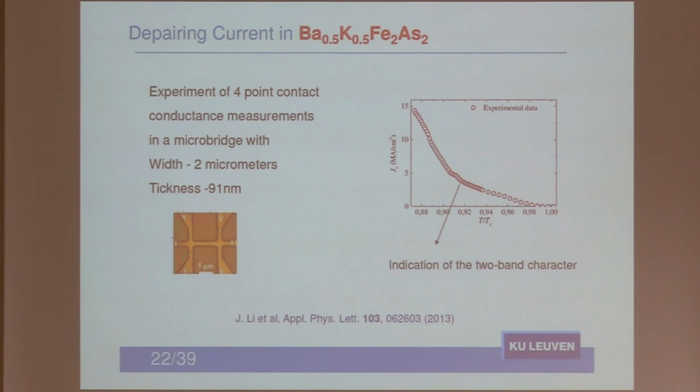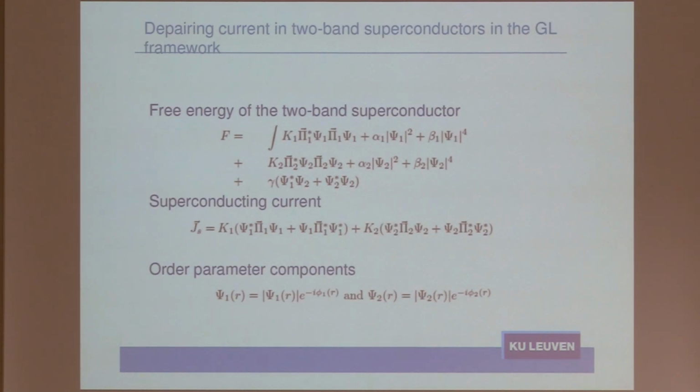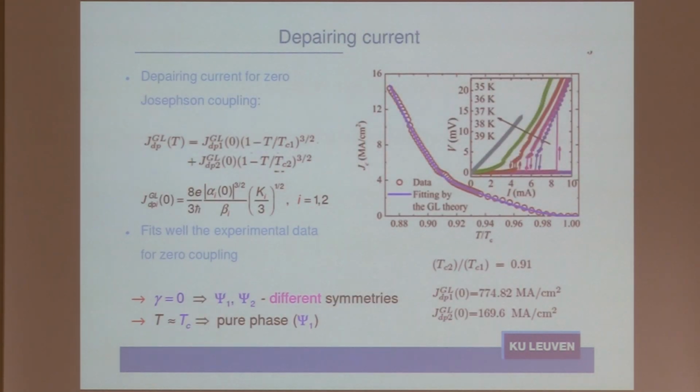And again, it can be simulated, here by Ginzburg-Landau simulation. So finally, something like a generalization of the Tinkham formula is obtained, with basically two parameters, and the dependence is like this. Here we don't have coupling between condensates, or it is very weak. Even with zero coupling, which corresponds to our case, we suppose the coupling is very weak, but only for two components, we can simulate this depairing current.